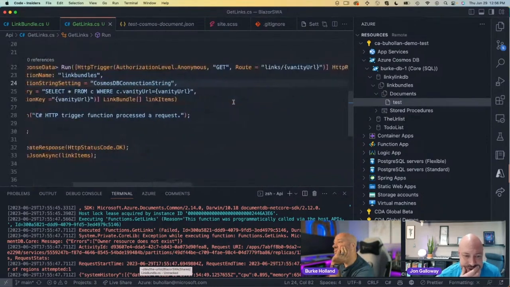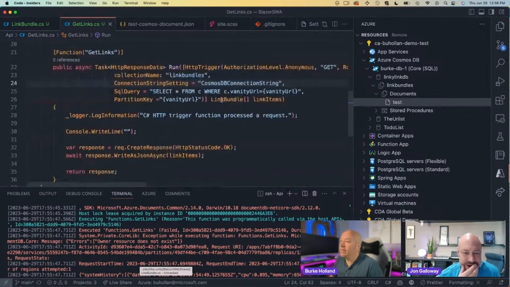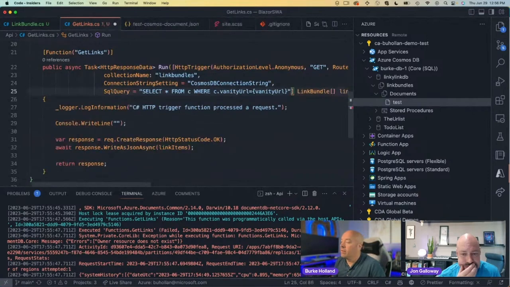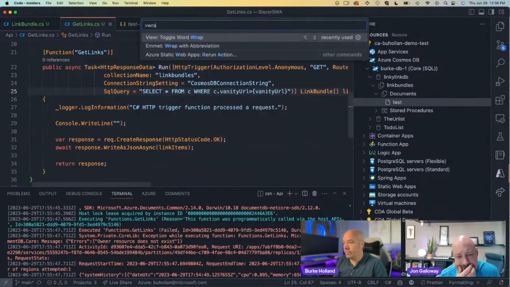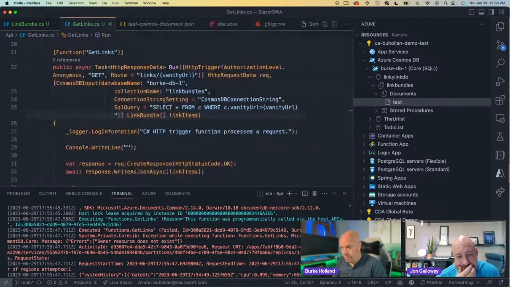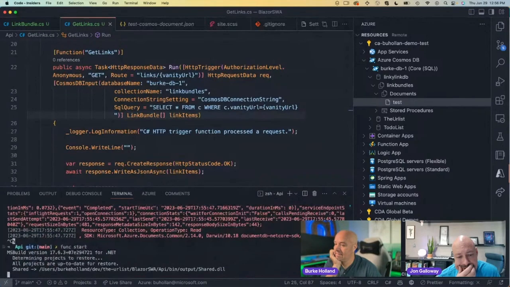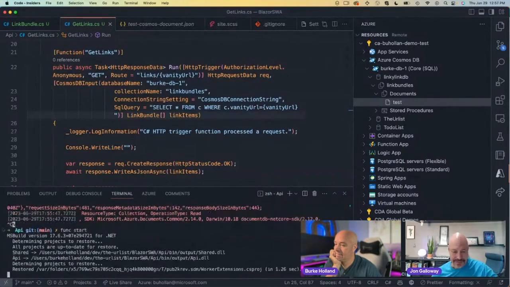Yeah, people are saying get rid of the partition key, so I don't know. Get rid of partition key? It definitely wants partition key. There. Is that good? And then probably